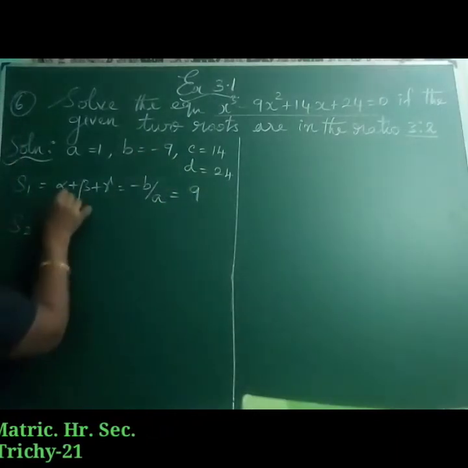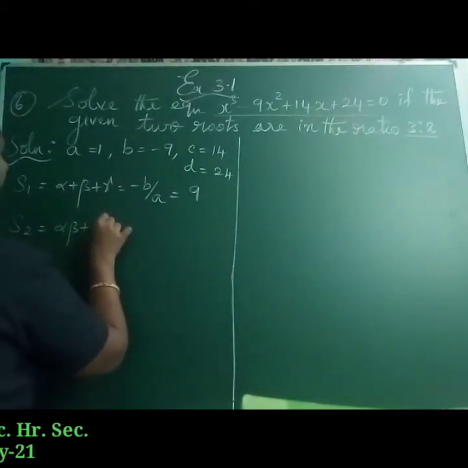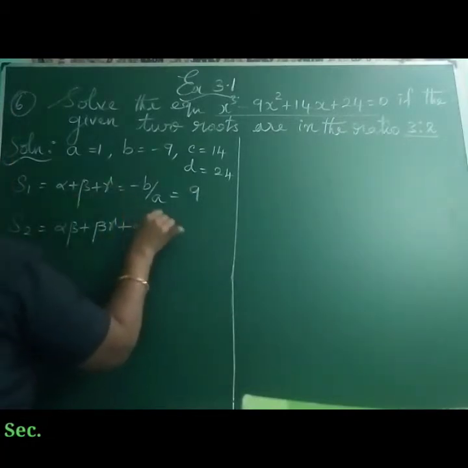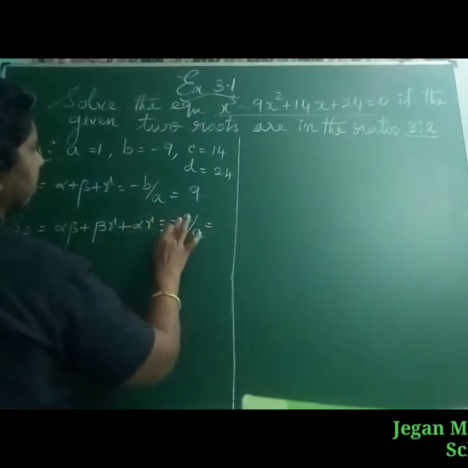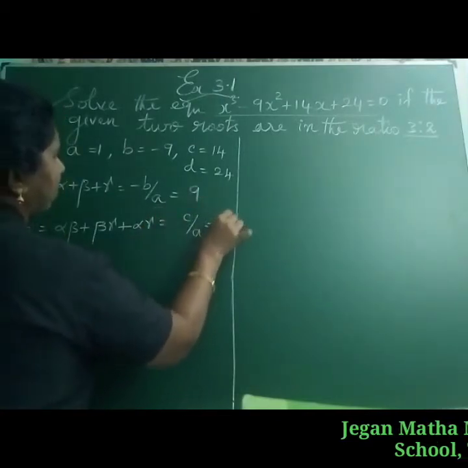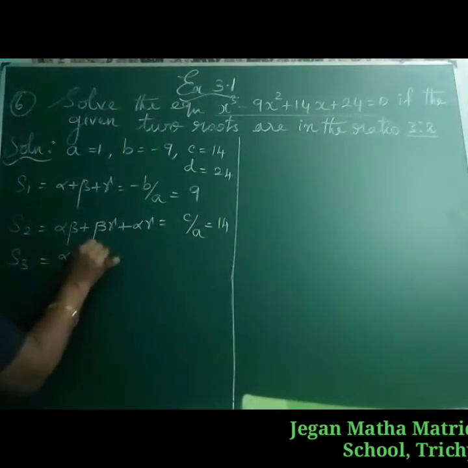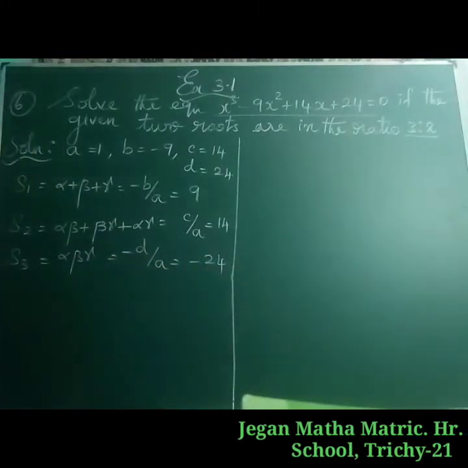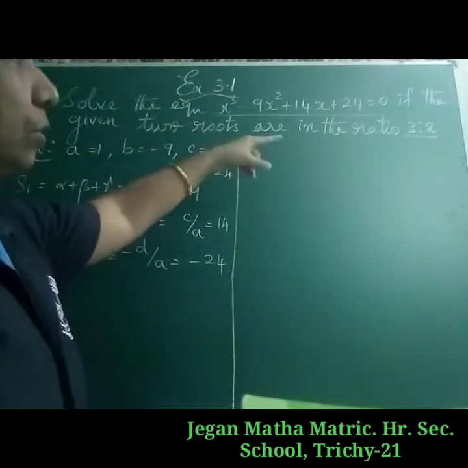Next summation, two roots together we take: alpha beta plus beta gamma plus alpha gamma equal to c by a. Sorry, it is c by a, so 14 divided by 1. S3 is equal to alpha beta gamma equals minus d by a, so minus 24. After finding these 3 values from the given equation,